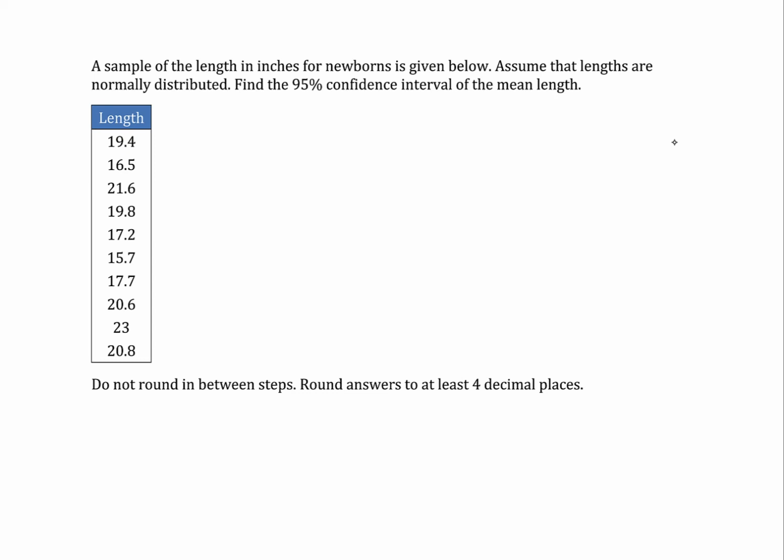A sample of the length in inches for newborns is given below. Assume that lengths are normally distributed. Find the 95% confidence interval of the mean length. Alright, so I have a set of lengths, and I want to find a 95% confidence interval for the mean